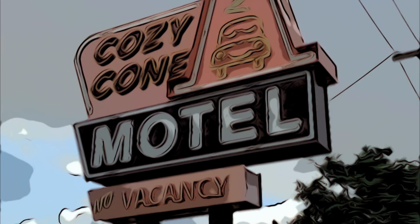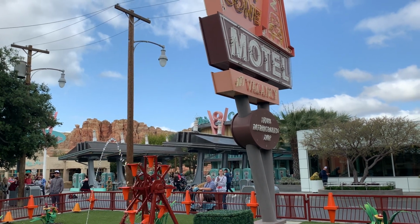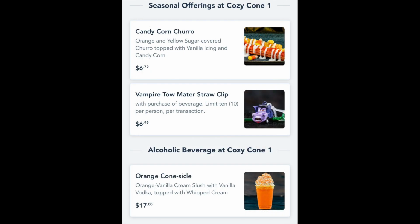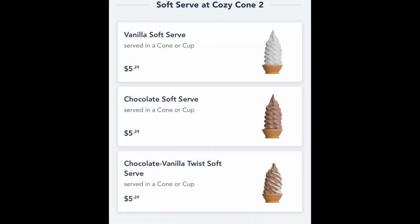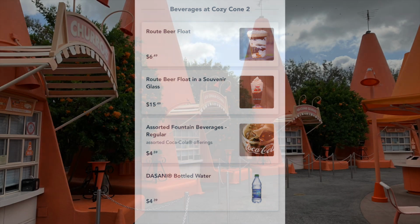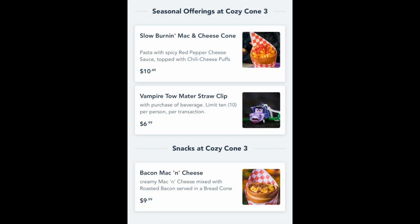And as you travel down Route 66, you'll find the Cozy Cone Motel, a little snack stand hub of sorts with a handful of outdoor tables. Each cone has mobile order options and specializes in some kind of snack item, be it churros, soft serve ice cream and root beer floats, little bread cones stuffed with mac and cheese,